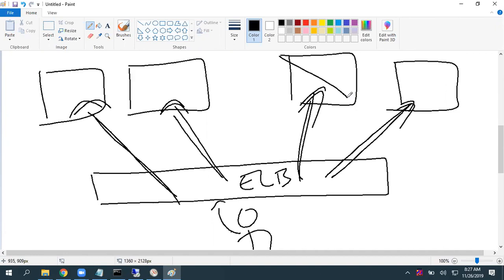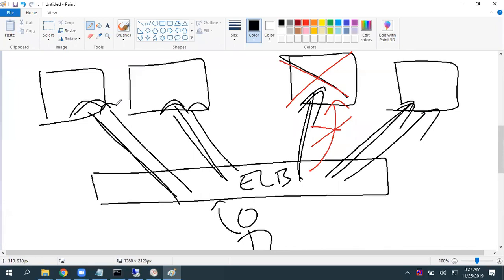If one instance is down, the load balancer will not send data to it; it will send all data to the other healthy instances only. How does it analyze the instance health status? Simple, it pings.